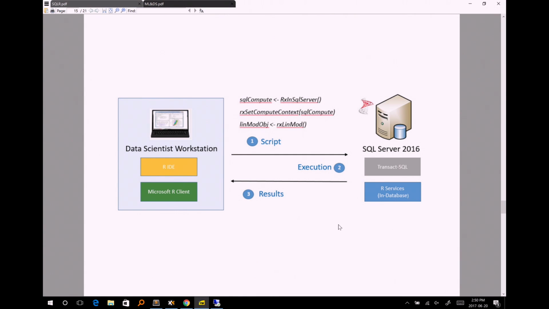Okay, the execution happens on the right then, and out of that execution, we get some results. A result could be a visualization. A result could be, in this case, a model object, a trained model, like the kind of things that we saw in the last talk. And those results are going to travel back to our laptop, to our local machine, where we can further interact with them, further explore them, and such.